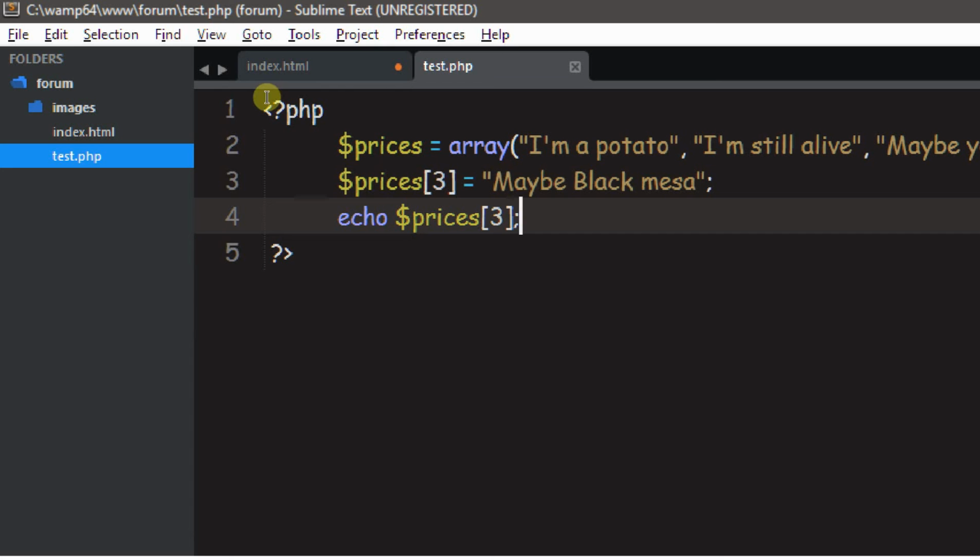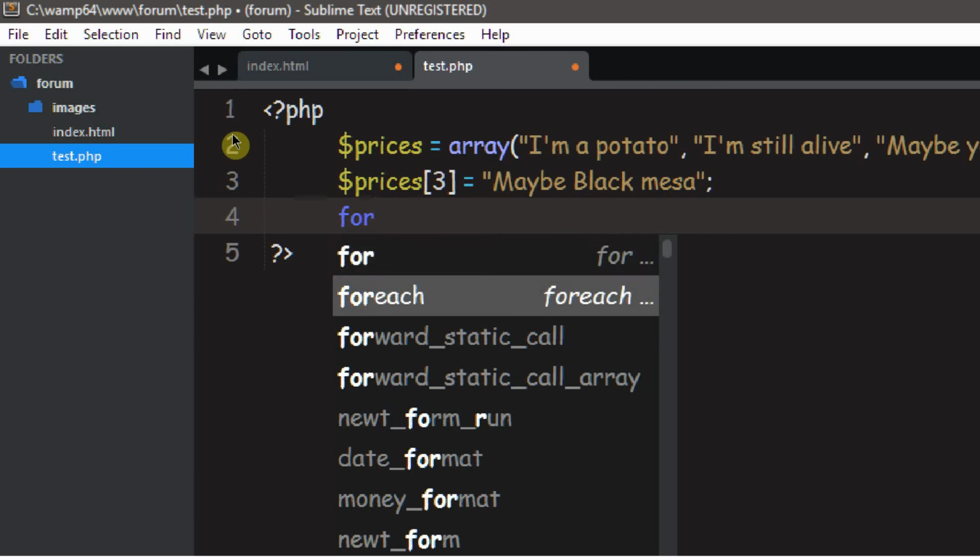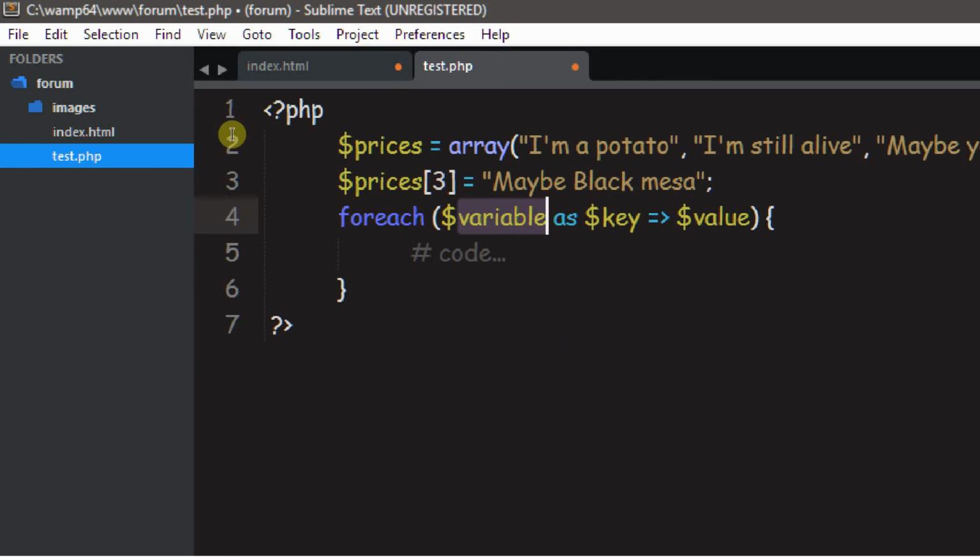I'm going to show you one more thing for looping through our arrays. And to do that, in the last episode, we learned about for loops, and we learned that we could loop through something by defining 3 variables. Well, in this episode, we're going to learn about a foreach loop. And I said foreach, not for reach, foreach. And that's how you do one of those. It's just like a regular for loop, but it's going to have some different stuff inside of there. If we do that, it automatically generates it, but I'm just going to show you